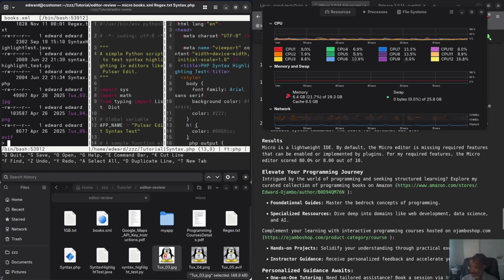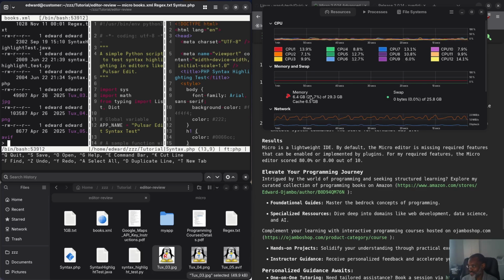Micro is a lightweight. Okay, we don't need it anymore. You can see it uses very little RAM. I don't know what 6.4 is. It's quite a lot. I'm going to find out what's using it. Is it OBS? Anywho,